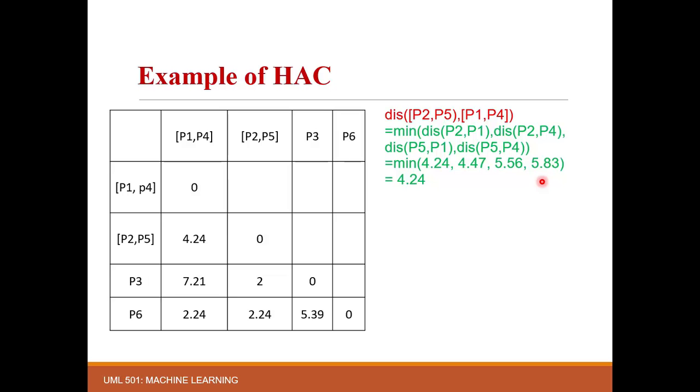Here we are using minimum because we have used single linkage. If you are using complete linkage, then you have to find the max value. Okay. So after finding the value, mark this value in the new distance matrix corresponding to the data points for which the